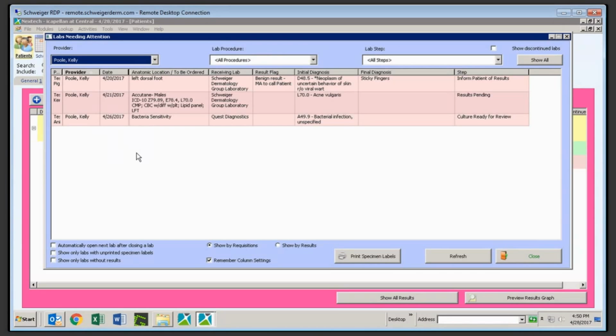Now, in this test scenario, there are only 3 labs, but in a real scenario, you'll likely have several open cases filling up this entire screen. And that's when using the other 2 filters, the lab procedure or the lab step, can be very helpful. But we'll come back to those later. I first want to call your attention to the list of labs down here,